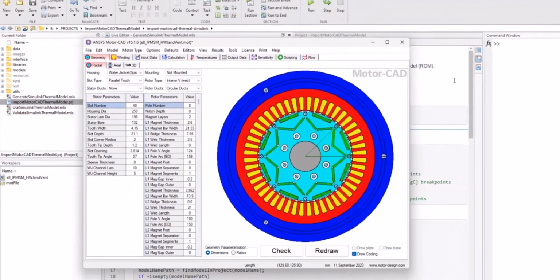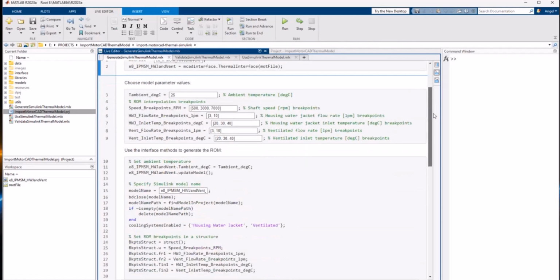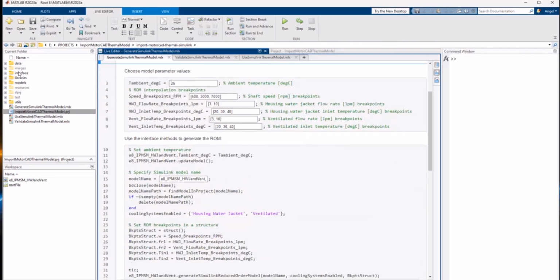So once we have run these two lines and MotorCAD has been loaded and connected to MATLAB using our interface included in this project, we can then select the ambient temperature that we want to use for this export, and also the operating points that we want to include in this export.